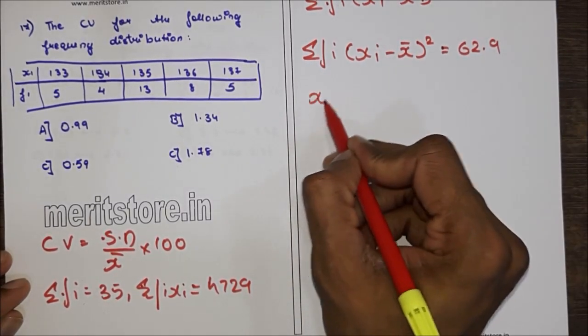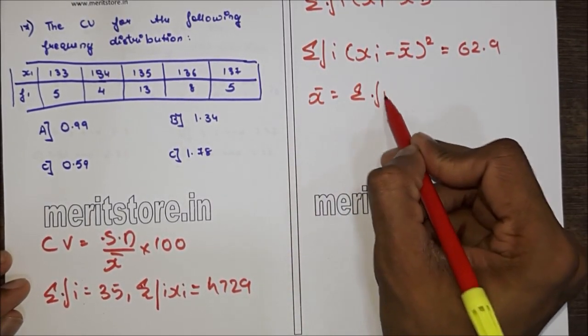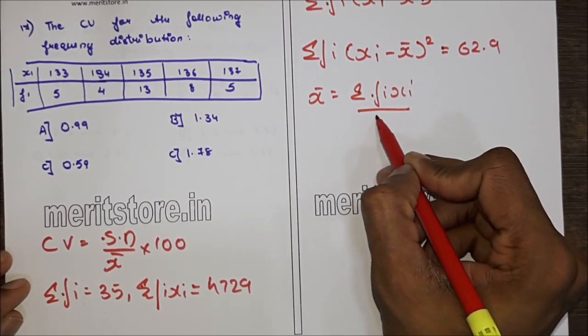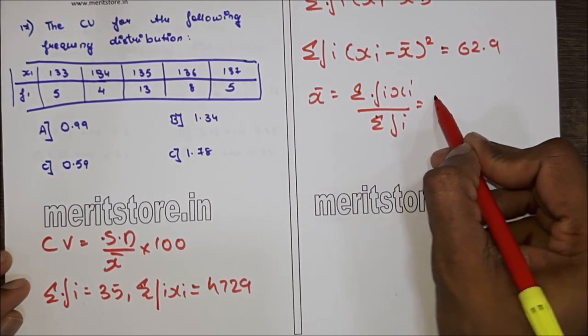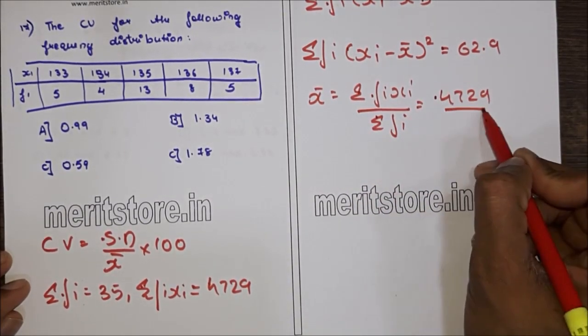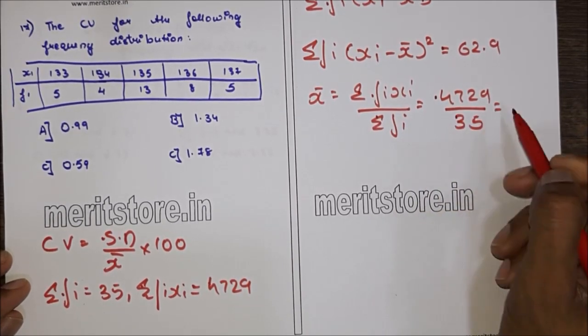For x bar we have summation of Fi xi upon summation of Fi, which is equal to 4729 upon 35. Further solving this we get